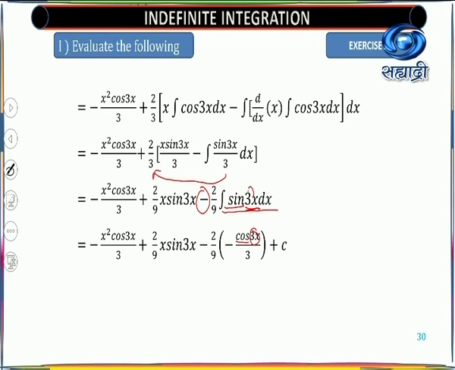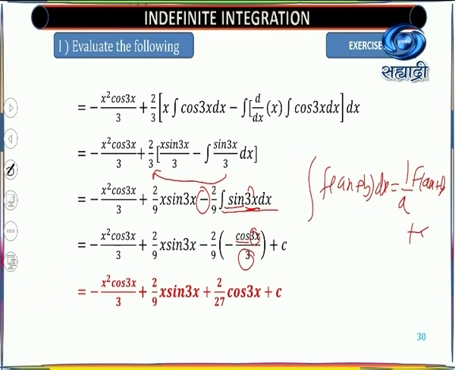Whatever is the coefficient of x, that goes to the denominator. As we already learned, the integration of f of ax plus b dx, that formula we are using again and again: 1 upon a times F of ax plus b. In that lecture I used a capital letter F for it. So that same value we are using here. Now the simple thing is that you need to multiply.